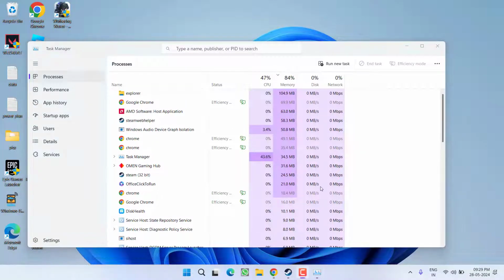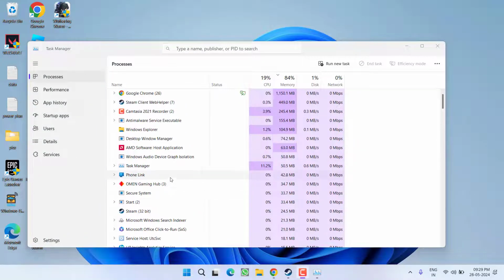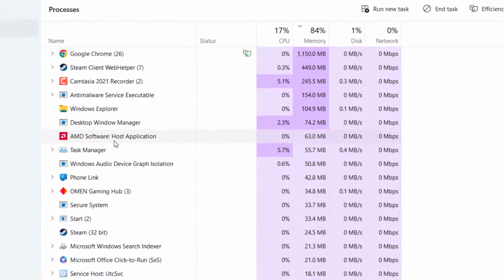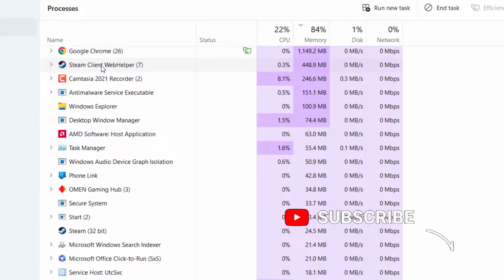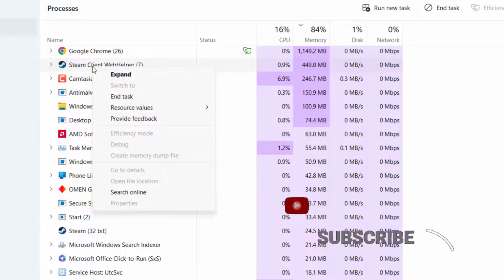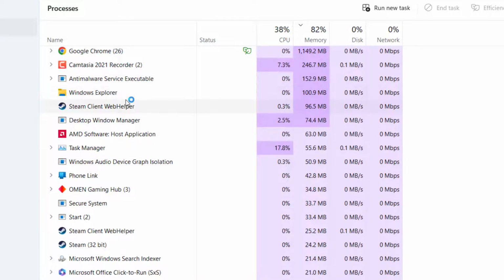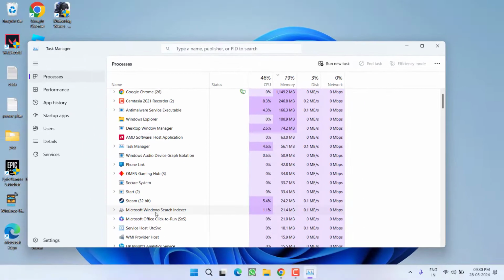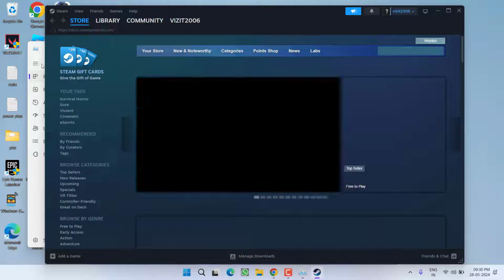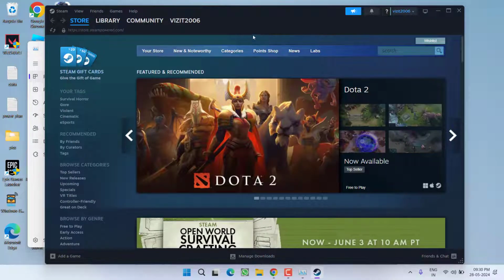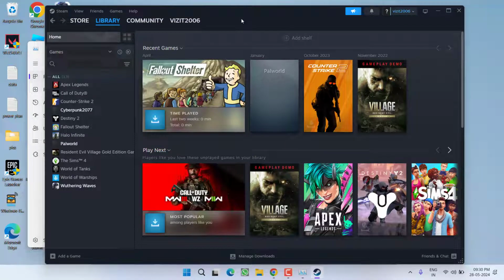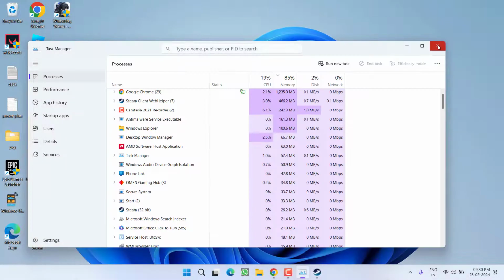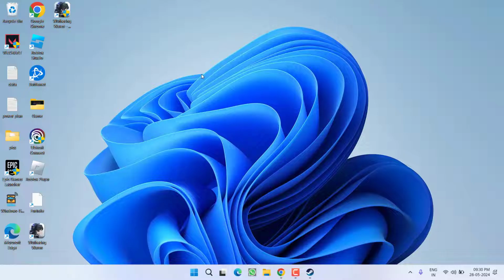If this failed to work out, in next step, right click on taskbar and choose the option task manager. Right in this task manager, you need to find a program with the name Steam Web Helper. So press the S key. Here it is, Steam Client Web Helper. Once you find this program, right click and choose the option end task. Once you end this task, make sure that there are not any Steam Web Helper running in your task manager. After closing, Steam will launch automatically, and then whenever you hit this library option, all your games will start to show.